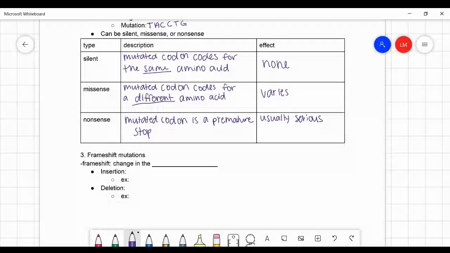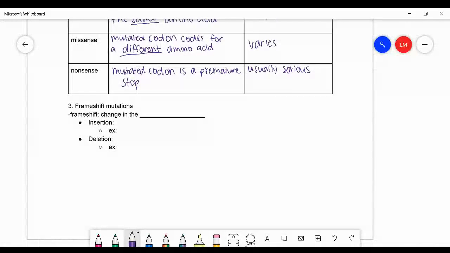Last, we'll move on to the types of frame shift mutations. Frame shift mutations give us a change in the reading frame. We know that mRNA is read in groups of 3. So if something is inserted or added or something is taken away, our groups of 3 aren't going to quite be the same. So there are 2 types of those. In insertion, where a nucleotide,